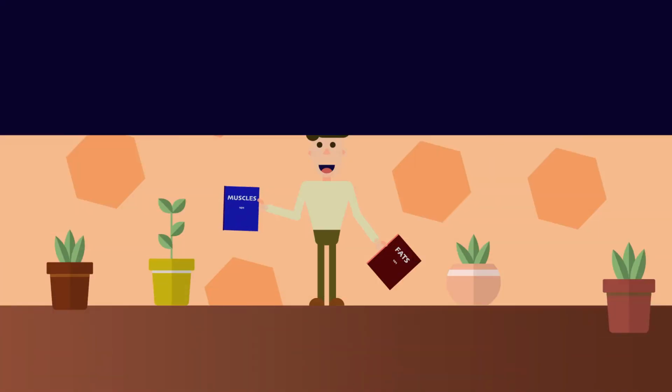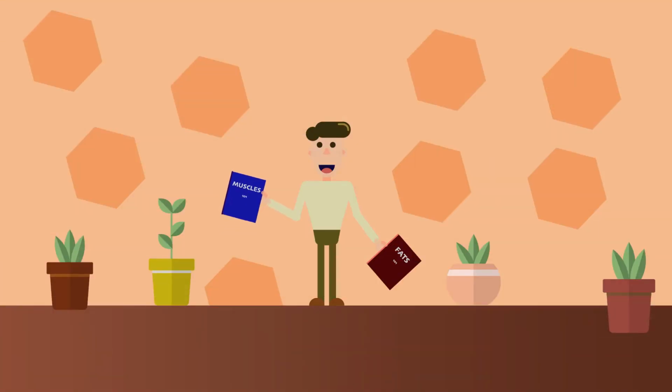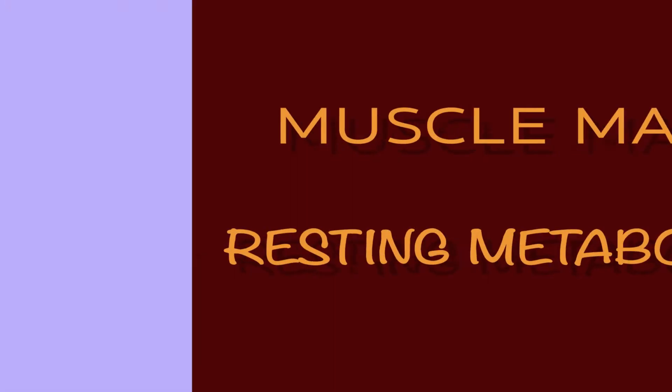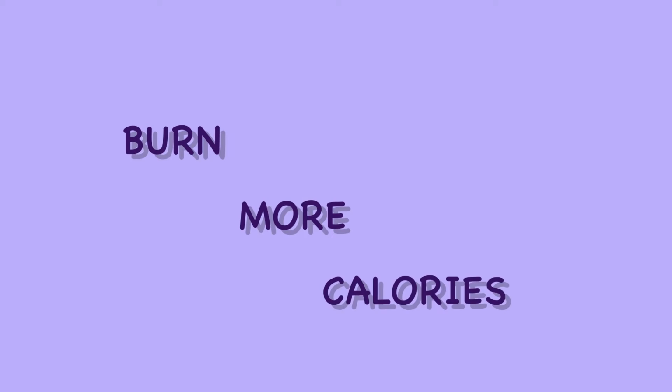If you still remember what I said in the last video about the coupling of both muscle and fat tissue, that being in either a catabolic state or an anabolic state is inevitable, then it's time for us to talk about how to lose fat while minimizing muscle loss, since experts have stated that an increase in muscle mass helps boost our resting metabolism. In other words, it makes us burn more calories. If you don't remember, click on the link in the description down below to watch that video.